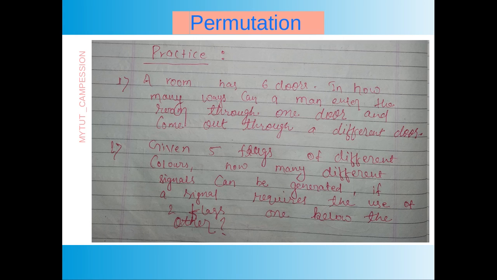Now you have 6 doors in a room. Enter from a door, then you have the remaining 5 doors. So enter 1 and remaining 5, then add it. Means to complete a job